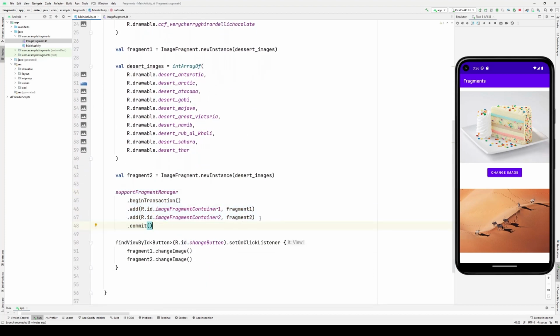A fragment transaction can add a fragment, but it can also perform other operations. For example, it can remove a fragment, it could replace a fragment, it could add, attach, detach, etc. So there are a series of operations that we can perform. Now, when a fragment transaction is executed, as we see here, if I perform the back gesture on my